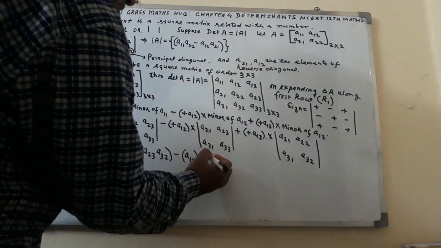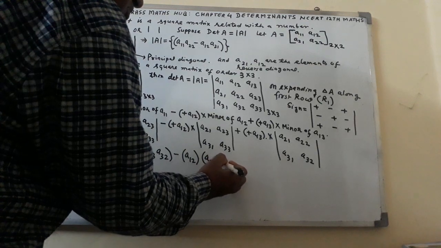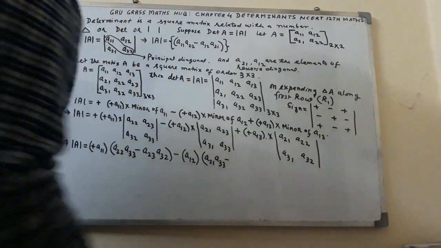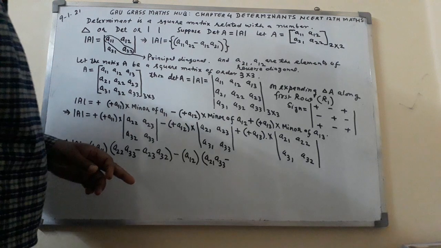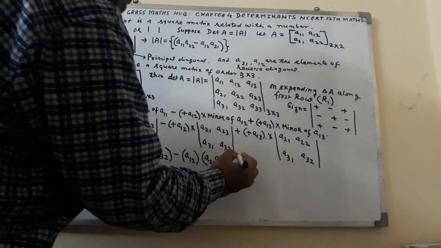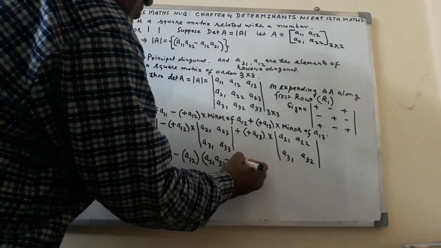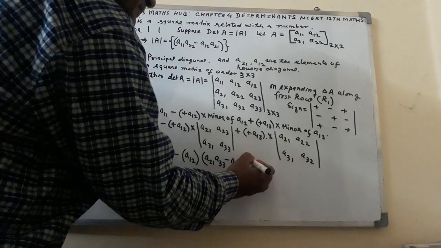The A21, A33 minus elements of reverse diagonal will also get multiplied together. So we will get here A23, A31